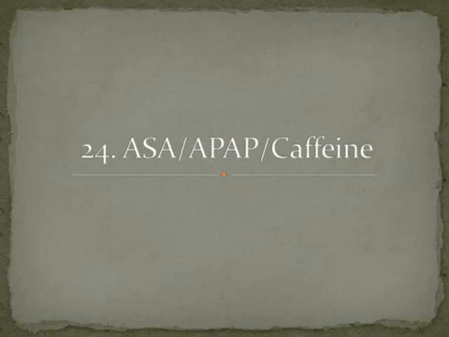The next drug is available over the counter, and you're probably not going to remember, but recognize this drug from these acronyms. But ASA is aspirin, or acetyl salicylic acid. APAP is Tylenol, okay, or acetaminophen. And caffeine is caffeine. So what do these have to do with headache? Well,